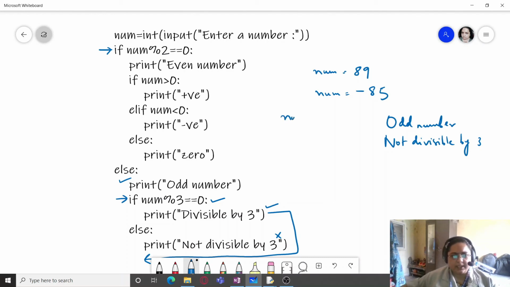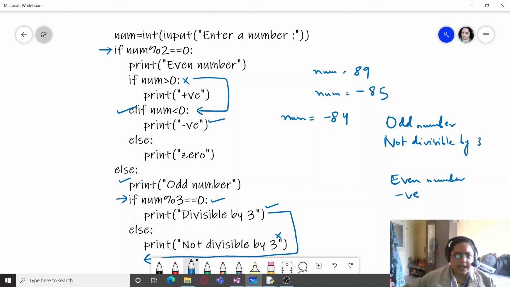But if I'm taking num equals minus 84, it's an even number, so it will print that it is an even number. Then it will check, is it greater than 0? No. Come to this part, is it less than 0? Yes. Print that it is negative. And the program ends.